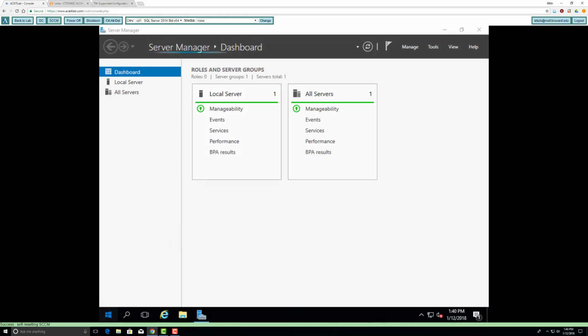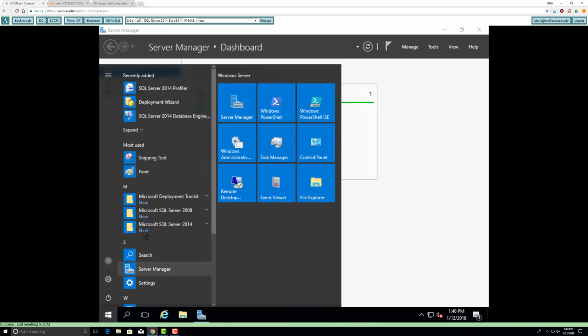So what I'm going to do is cap the memory for SQL and verify that my admin account actually has